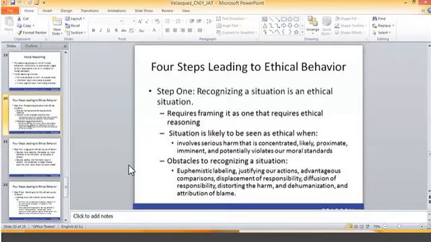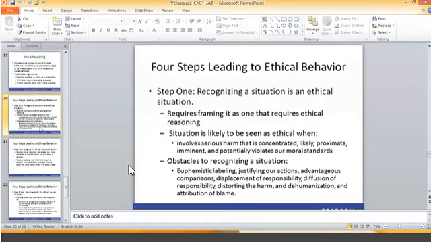Displacement of responsibility is where you put the blame on somebody else. You say, it's not me who did that. Okay, this is what we call displacement of responsibility. There are other things. Diffusion of responsibility means that you treat the situation as if the damage is minimal. There is an ethical issue, but the harm is only minimal. Here we call it diffusion of the situation. You can read this, and there are examples in the book.